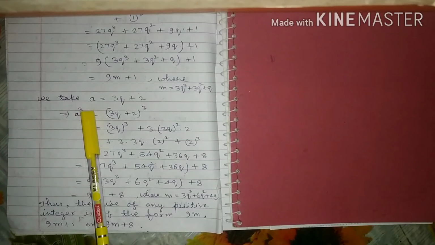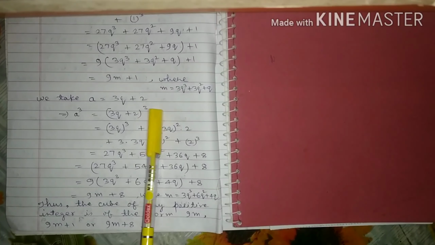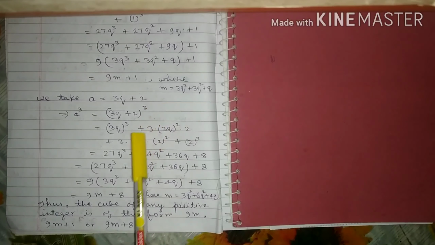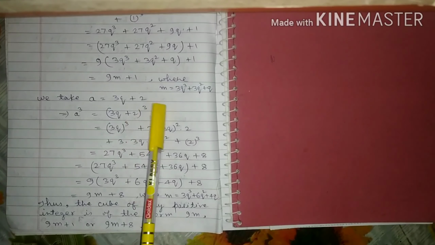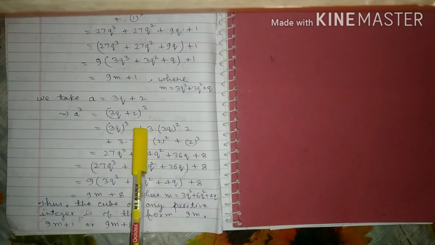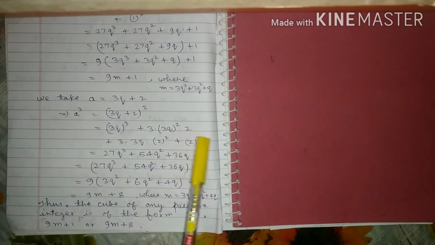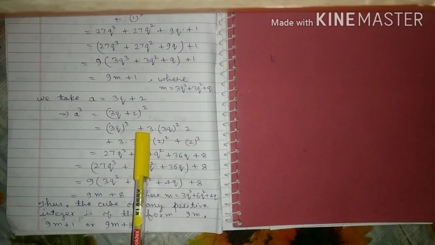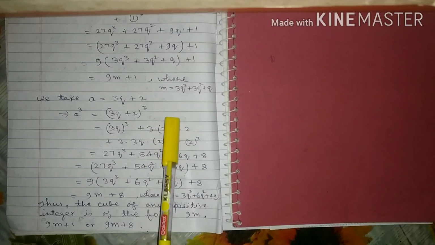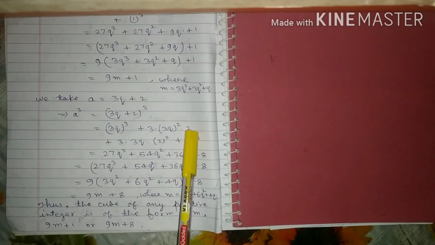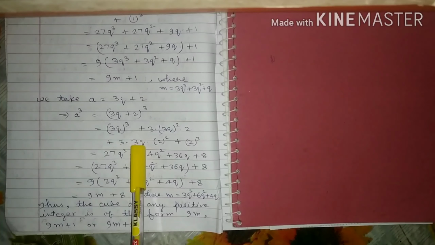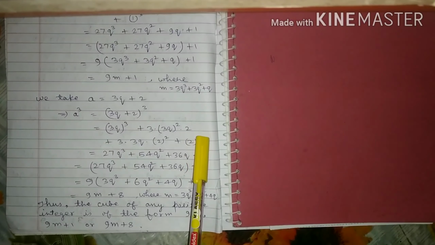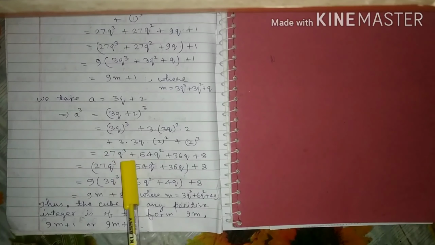Now we take a equal to 3q plus 2, cubing both sides. A cube is equal to 3q plus 2 the whole cube. Again by using the formula a plus b the whole cube equals a cube plus 3a square b plus 3ab square plus b cube, we write 3q the whole cube plus 3 into 3q the whole square into 2 plus 3 into 3q into 2 the whole square plus 2 cube. This can be written as 27q cube,